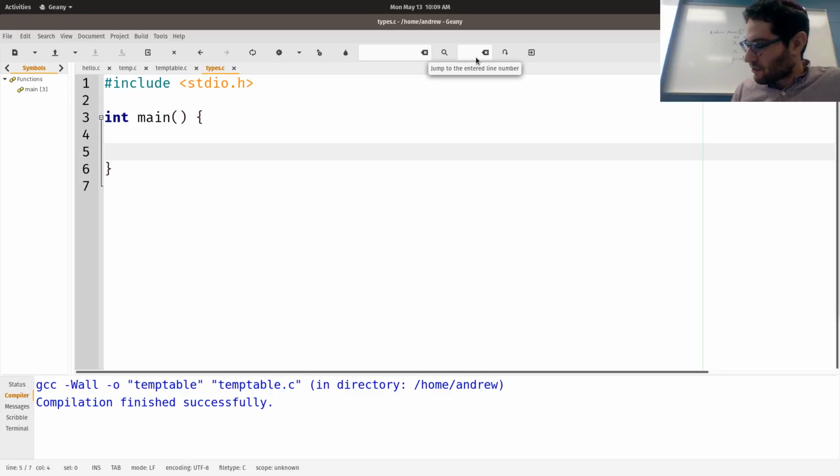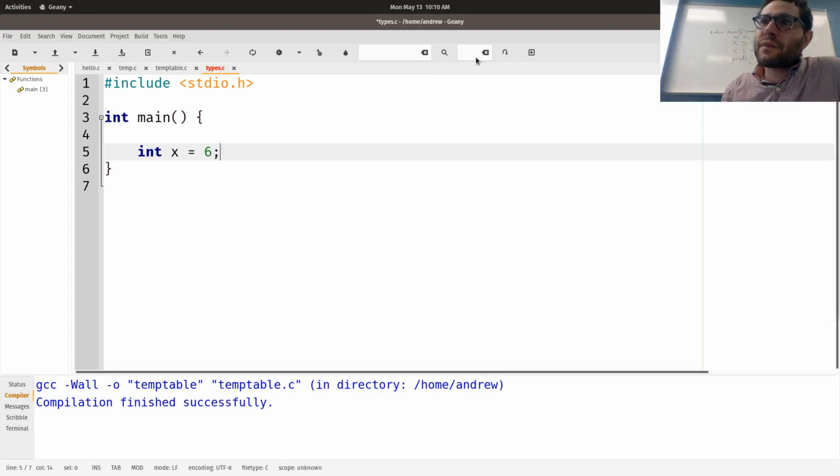So, let's go ahead and talk about your different types. I talked about having integers like this, and you can put a full number in here. Now, what's important to know is that these are 32-bit numbers.